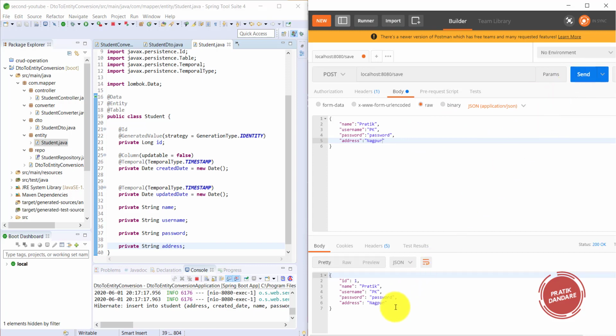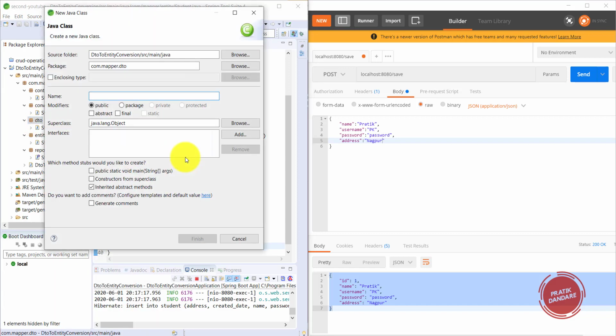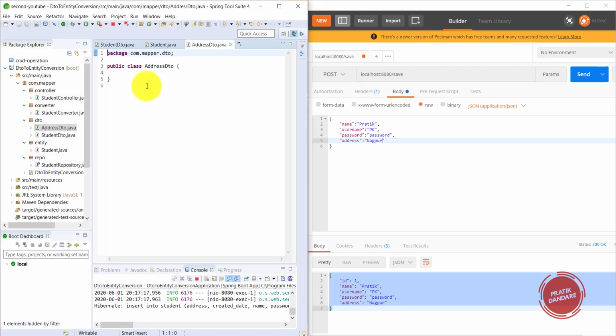Look at this, it works like that. I make one more change here. I created one DTO called AddressDTO, and I want to add some attributes here. I'm adding two attributes: one is id, and another one is city.